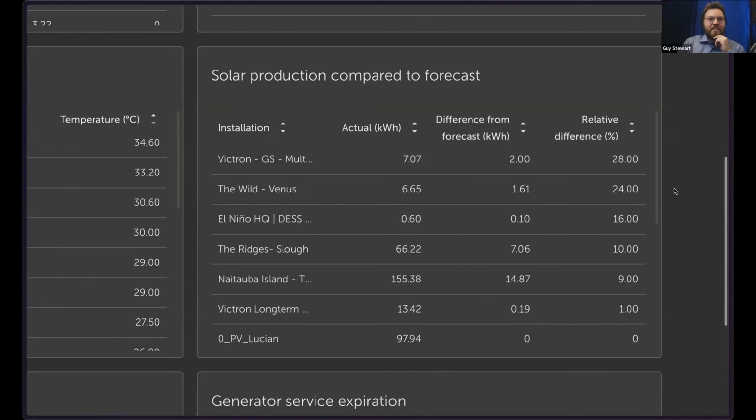We also have other ideas for how we're going to better solve this problem of what happens when a string fails and you don't notice it because the data's hidden. Maybe you lose 10% of your performance, or even 20 or 50%, but that's not necessarily clear because that could also just be a bad weather event. So we're looking at other ways we can improve that same issue to help you better manage your fleets. Yeah, for lots of people, it's fine. They might notice it when their battery's not getting properly charged and figure out that they need to do something. But if you're on some kind of performance guarantee where you've promised a customer a certain amount of performance or uptime or production, then tools like this become really valuable.